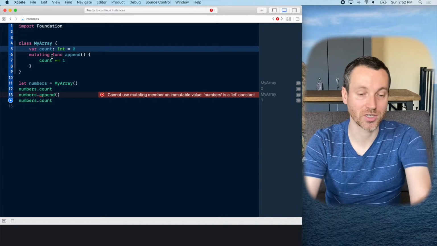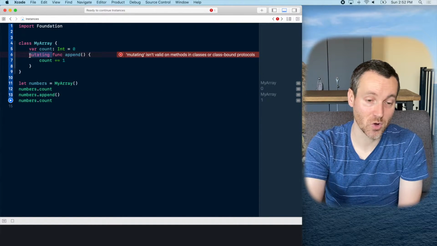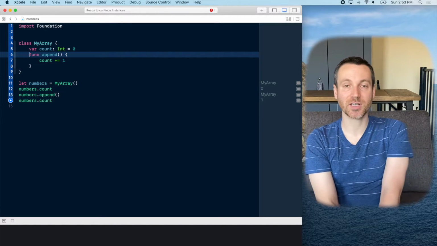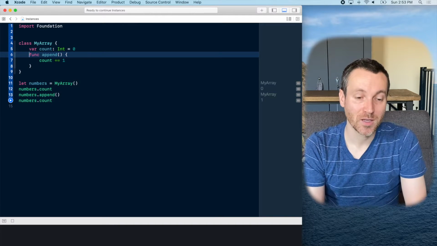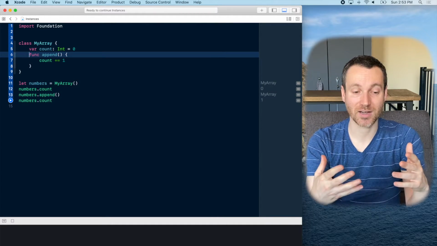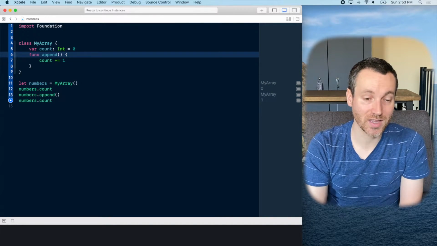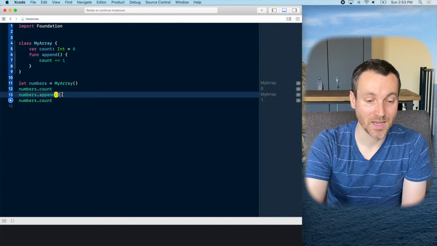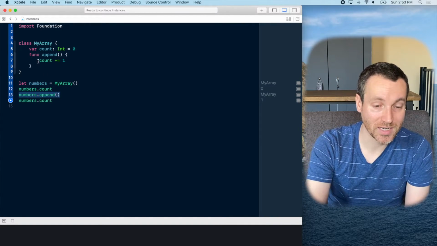So classes actually don't have this type of issue. There is no mutating. Now, it's not necessarily an issue of classes itself and Swift's version of classes, but they don't have that extra safety, that compiler check for your code. So in this case, notice mutating is gone, and then I have this append, and now it's updating the count